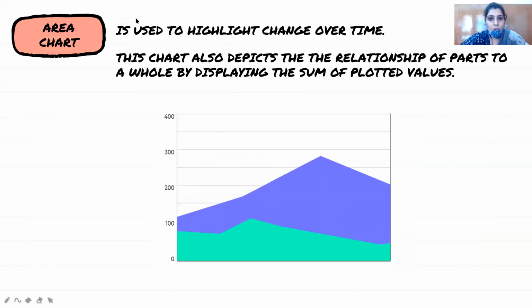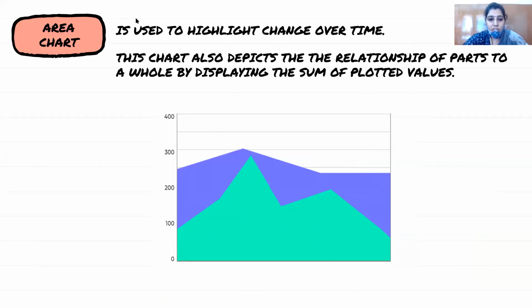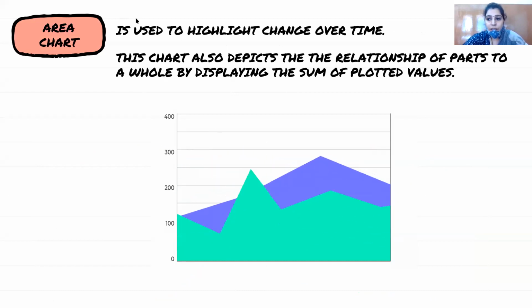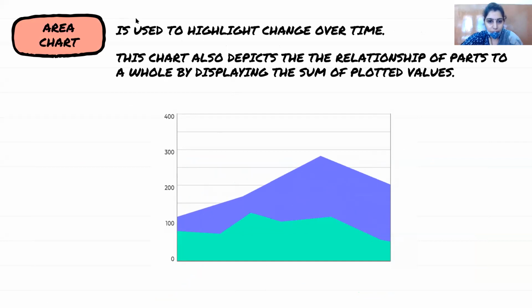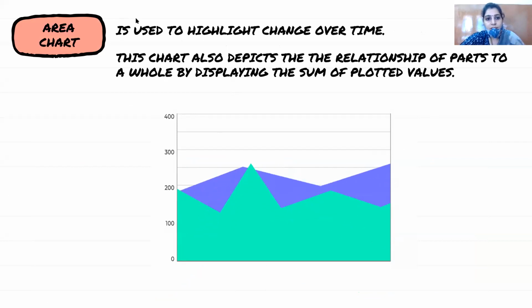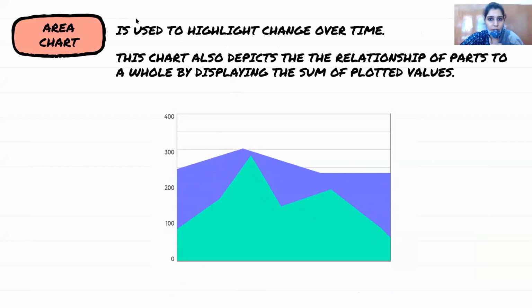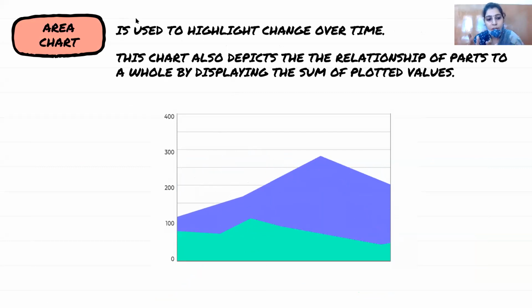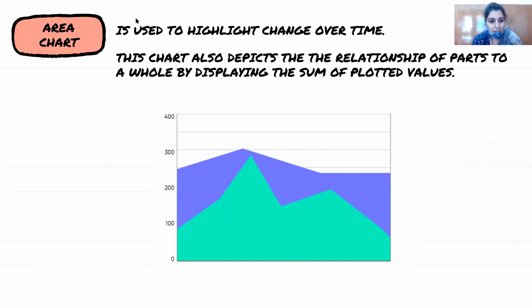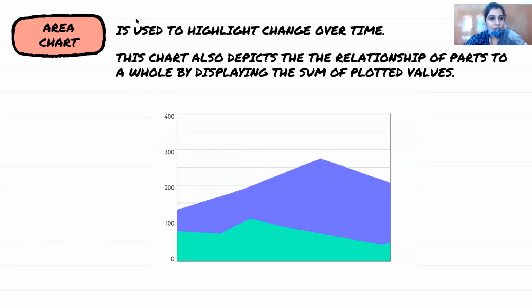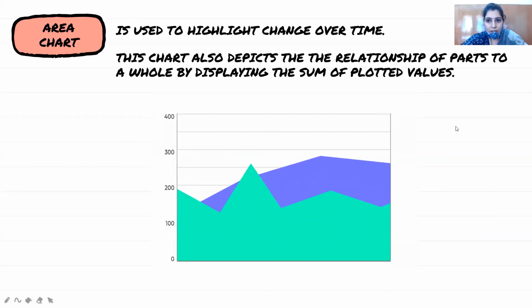एरिया चार्ट इज यूज टू हाईलाइट द चेंज ओवर टाइम, कितना टाइम के साथ आपका चेंज आ रहा है. फॉर एग्जाम्पल इफ आई एम टेकिंग एन एग्जाम्पल ऑफ अ फर्म, 2015 में इस पर्टिकुलर फर्म की इतनी सेल्स ट्रेंड था, 2016 में सेल्स ट्रेंड इंक्रीज हुआ है या डिक्रीज हुआ है, क्या चेंज ओवर टाइम हो रहा है, कितने टाइम के साथ कितना चेंज आ रहा है उसकी फर्म के अंदर इन द मार्केटिंग और इन द सेल्स, right? So this can be better depicted with the help of an area chart.